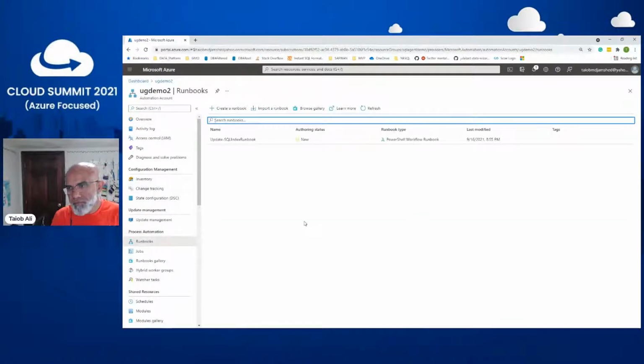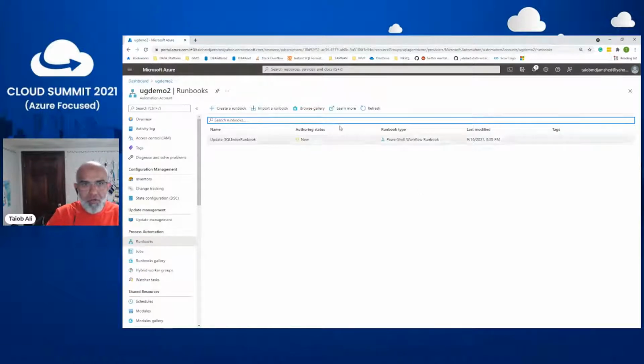And runbook itself can be a whole 1 hour talk or can be a 2 hour talk. I'm not going to get there. There are different kinds of runbook. As you can see, this is a workflow runbook. There is a regular runbook. There is a PowerShell based runbook. There are GUI based runbooks. So again, we don't have time to go there. But if you want to start using a runbook, like the one I'm using right now, I did not write that from scratch